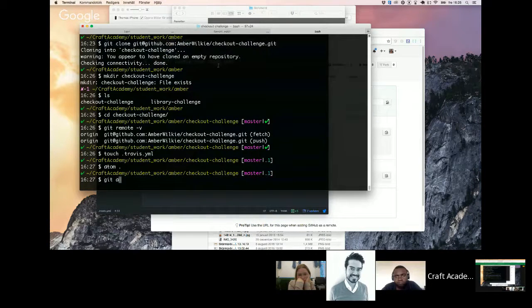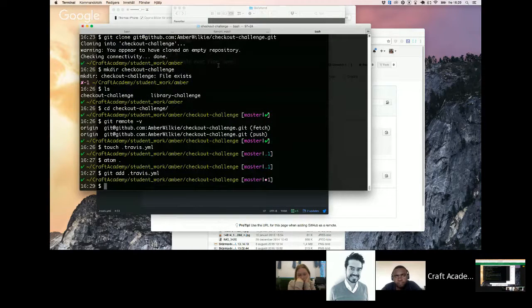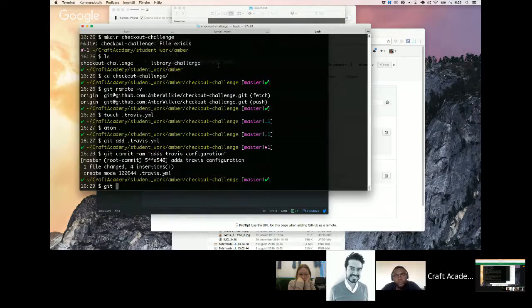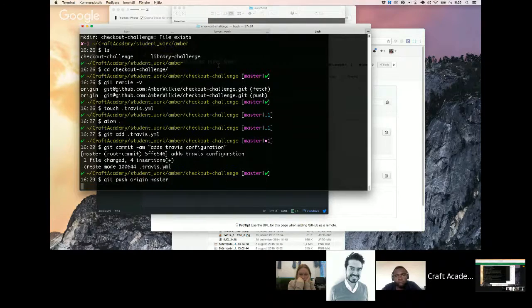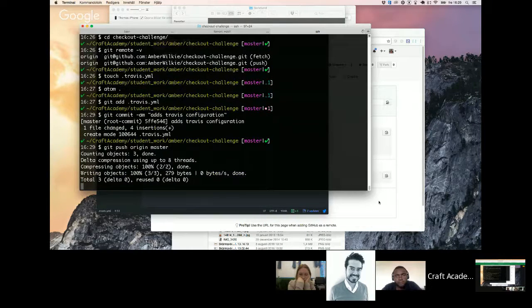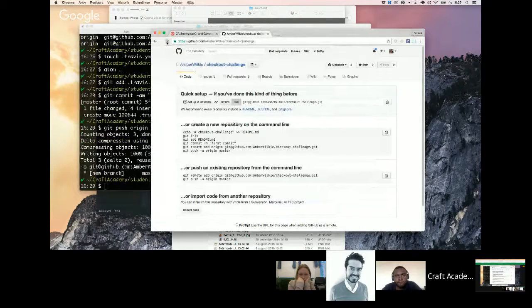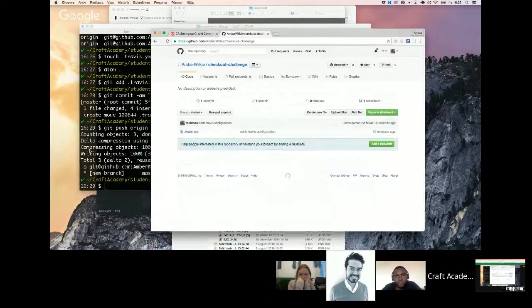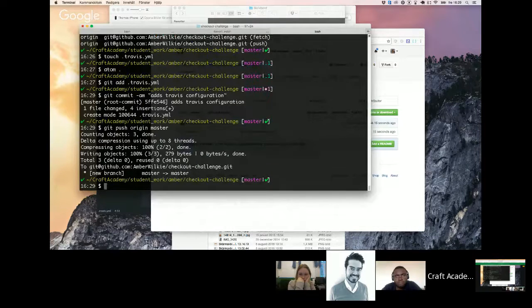So I'm just going to git add .travis.yml and git commit, Travis, like this, git push origin. Right, so now I'm pushing up to that repository. This means that this should be up now. Yes, good stuff. So, Amber, what I would like you to do at the moment is to go to